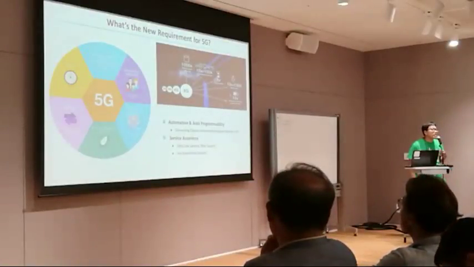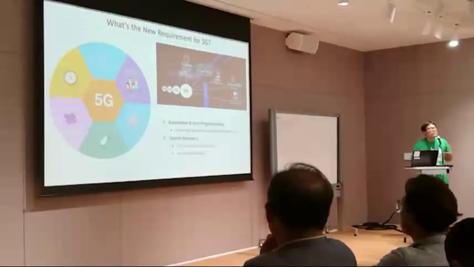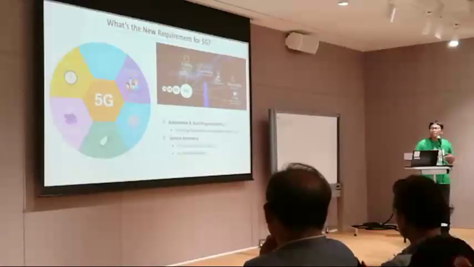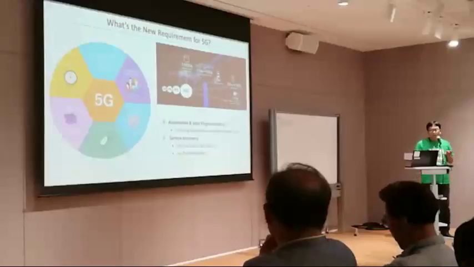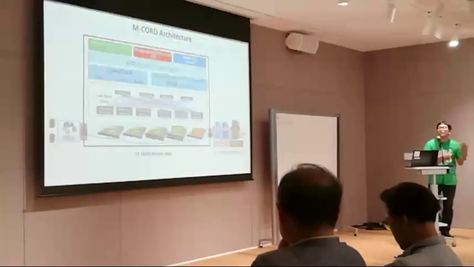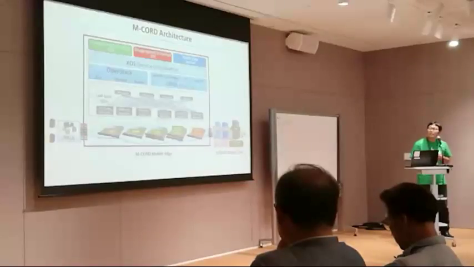Different types of services have different types of requirements, not only traffic speed, but also different types of service level agreement. So another point is that the operator can also control it end to end, from the UE, the M-CORD, and demonstrate. It's a good effort, but we found that many things need to be matured for commercialized service. Basically, we also had some mobile SDN project with SK Telecom in 2015, and